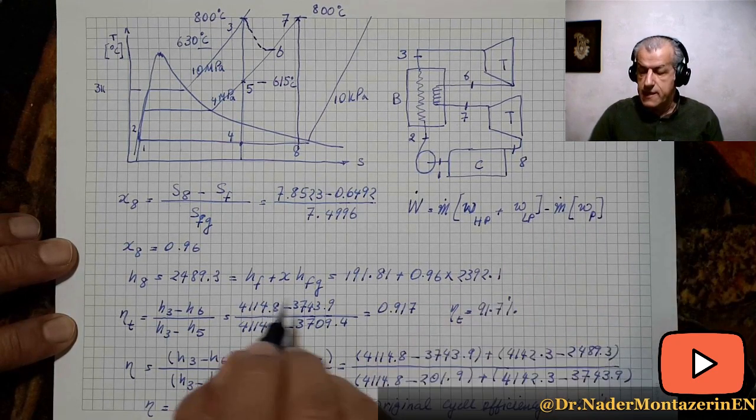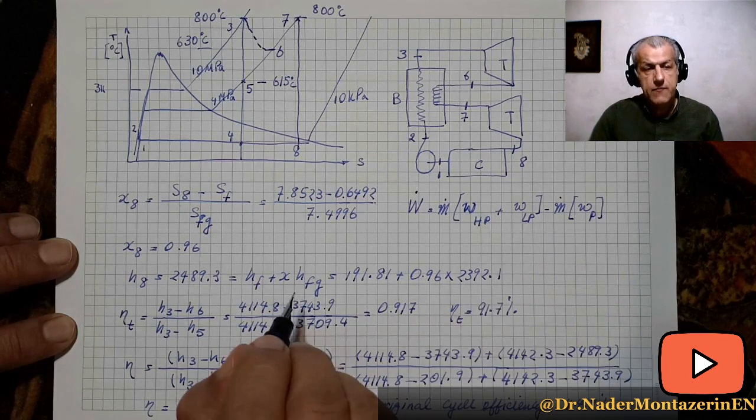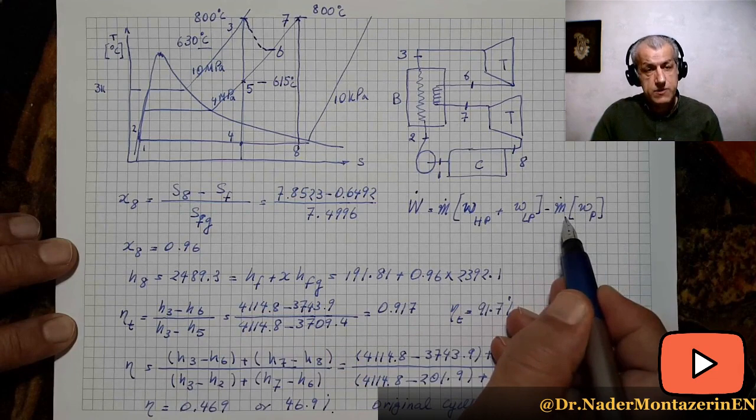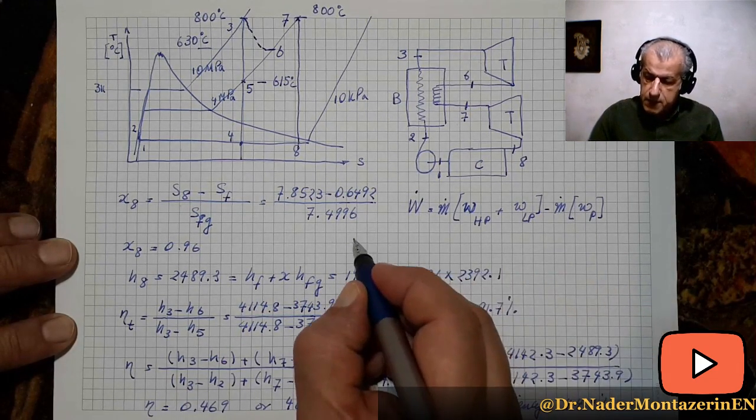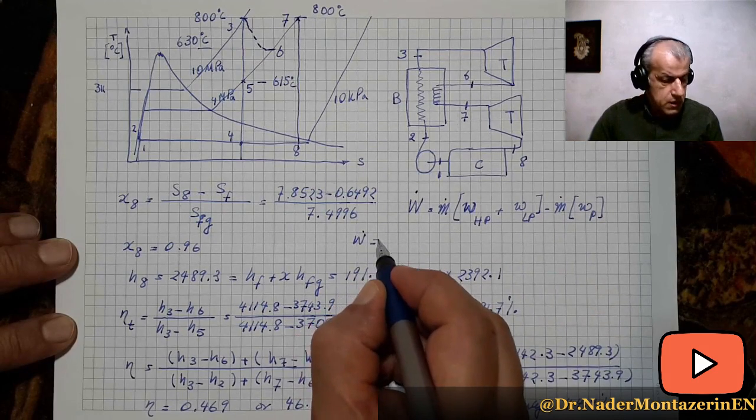So it is the total turbine work and the total pump work. It's both of them which we have to take care of. Therefore, W dot would be